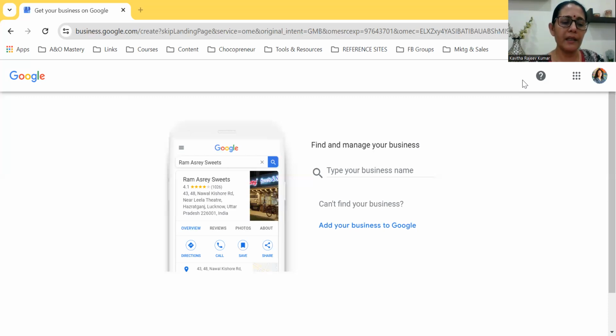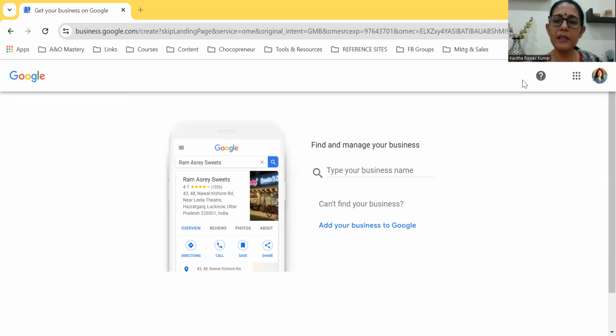It will take at least 3 to 4 days or 6 to 7 days. It depends because Google has to verify that, and if they have received too many verifications, then it will take some time.